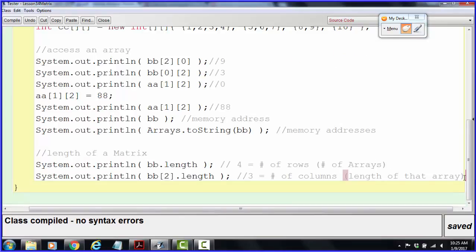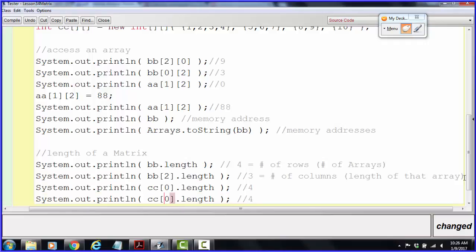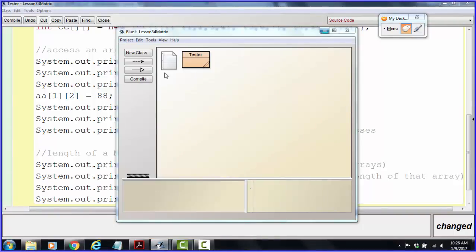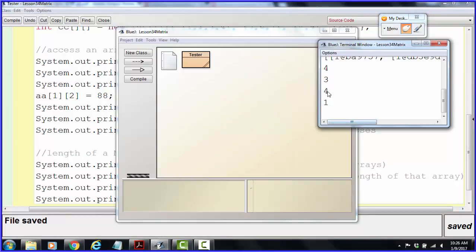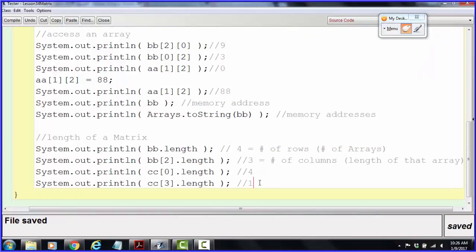Let's just try that real quick here. So let's say system out print, and we'll try two different rows from CC. I'll say CC0.length. I'm predicting that that's going to say 4. But if I try that again and ask for the length of row 3, I'm predicting that's only going to be 1. It's going to have two different ones because this is not a rectangular array. Okay, so there's the 4 and the 1 that I was predicting. All right, we're going to use those two